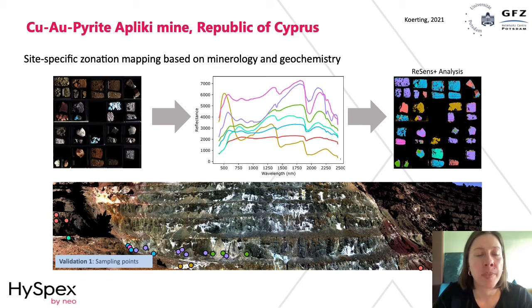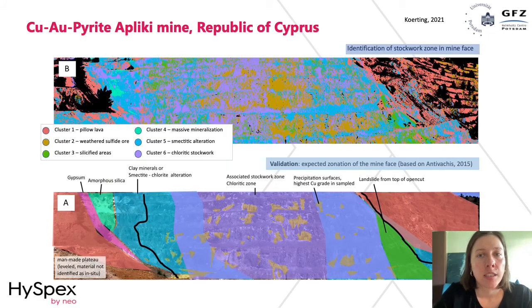And you can see these different clusters here in the mapping based on these clusters. And I inferred this to the outcrop, and we will see the classification in the next slide. And you can see that we have a comparison here of our classification and of the expected zonation based on Antivaches